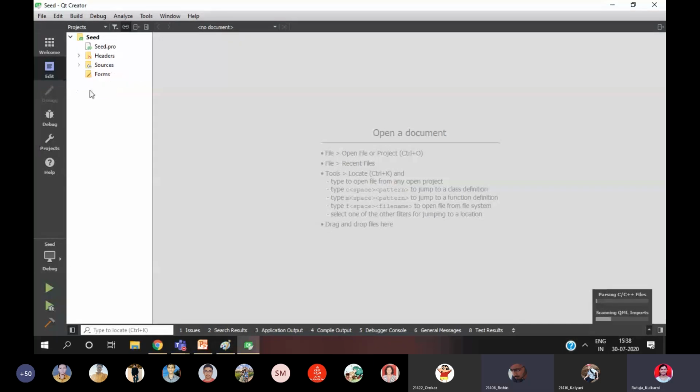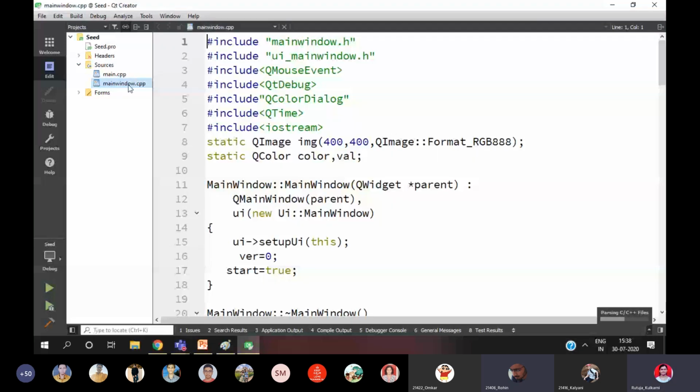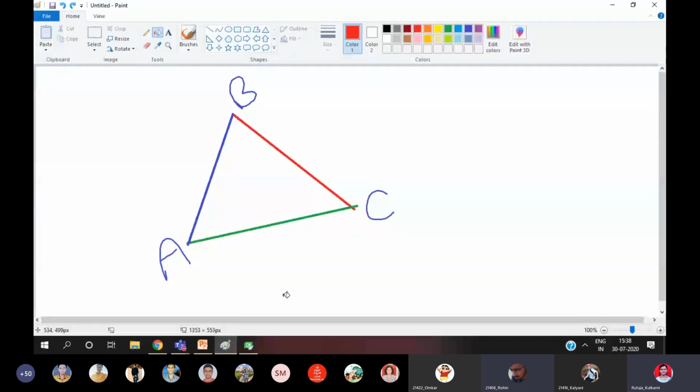Hello. Yes, but it will also color the area outside the shape, right? Outside the shape means outside the triangle? It is white only, right? But there are boundaries, right?